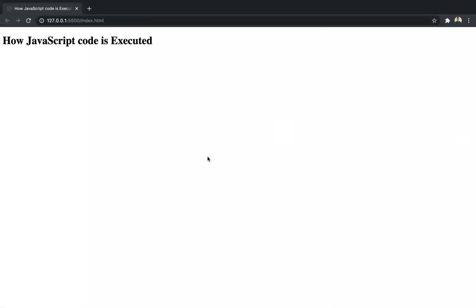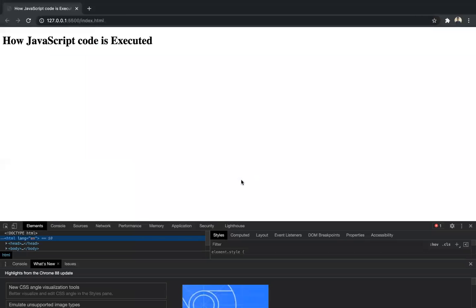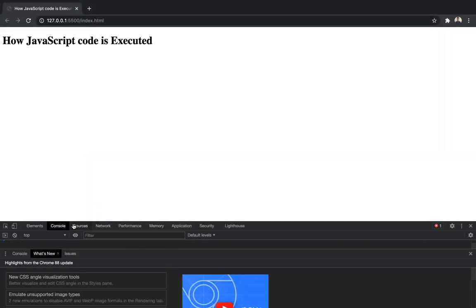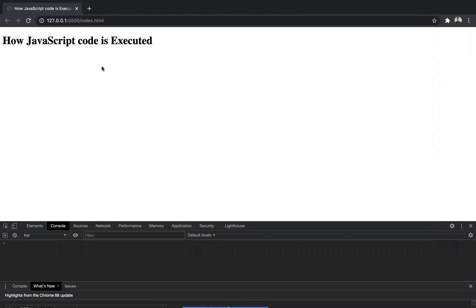So when we run a JavaScript program, an execution context is created. As we already know, the execution context is like a big box which has two phases. One is the memory phase, and the second is the code execution phase. So in this video, we are going to see only the first phase, which is the memory creation phase.